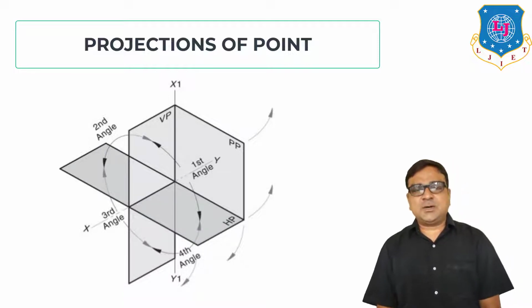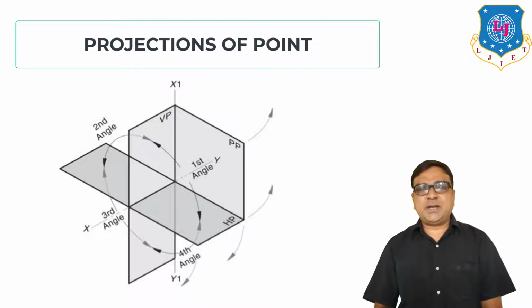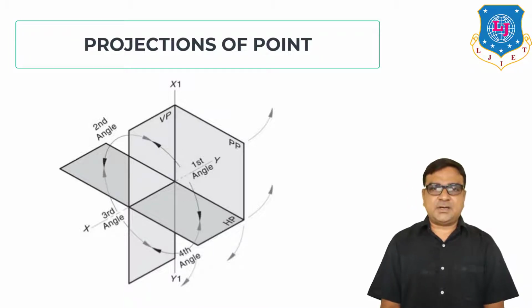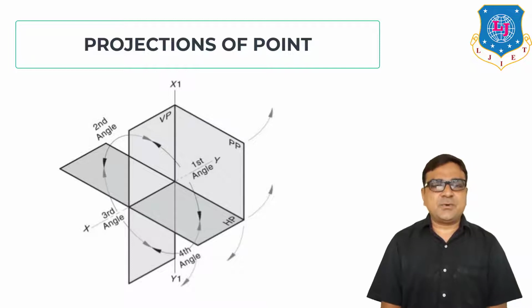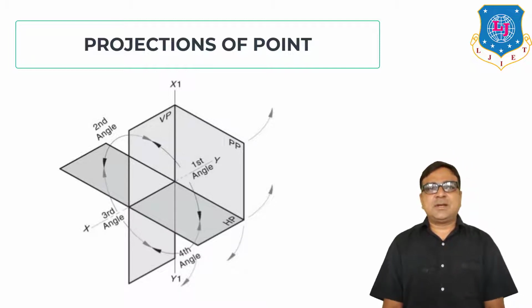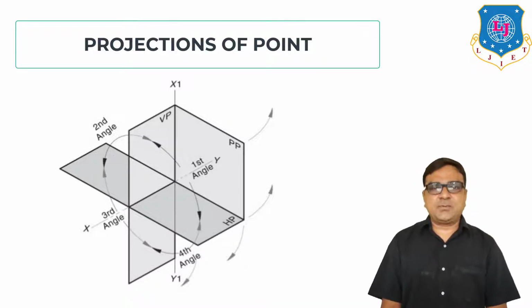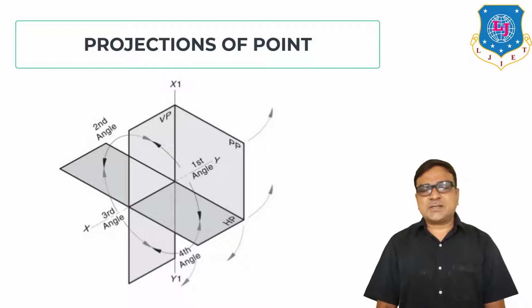When the object is projected on the vertical plane, looking from the front, that projection is known as front view. When we observe from the top, the projection obtained on the horizontal plane is known as top view. And when we observe from the side and the projection of the object is obtained on the profile plane, that is known as side view. So we are starting orthographic projections, in particular